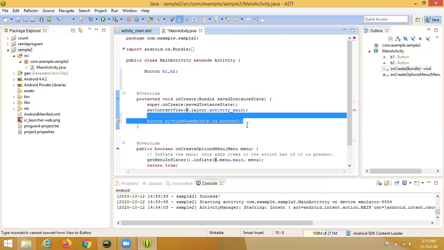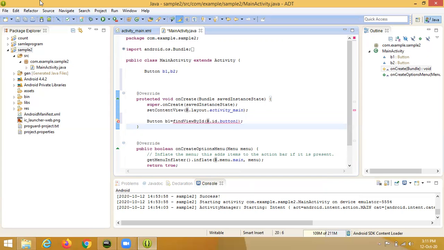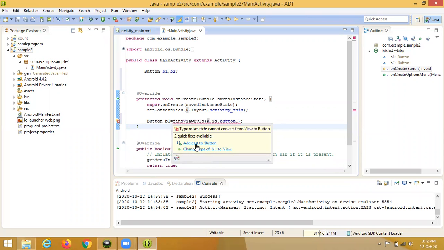After we give the name of the button, it will show an error, but it's not really an error. We need to add a cast operator. Just click on the letter and add the cast button.